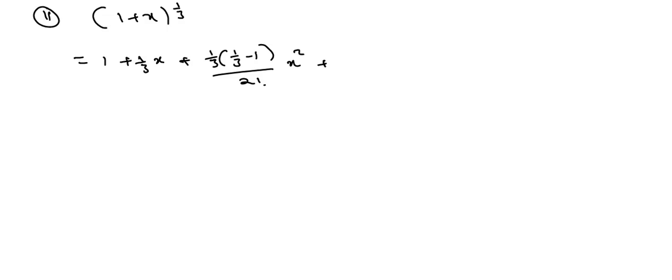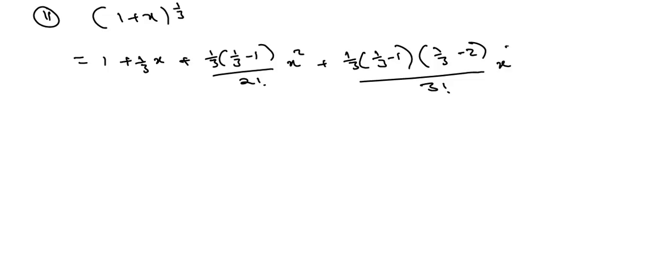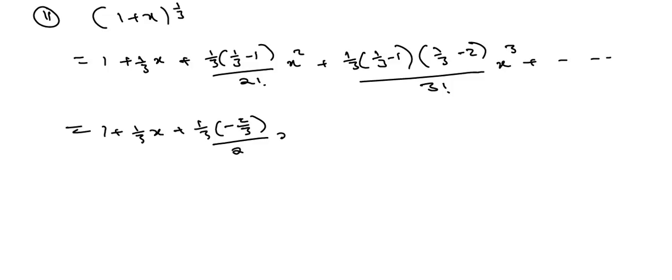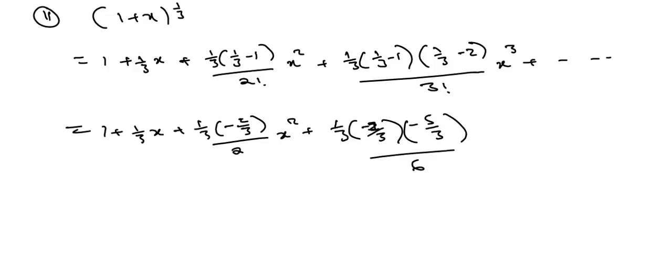This is x squared, 1 over 3 minus 1, 1 over 3 minus 2, 3 factorial, then x to the power 3, 1 over 3x, then this is equal to 1 over 3, this is negative 2 over 3, there's a 2 down, x squared, then plus 1 over 3, negative 2 over 3, then this is going to give us, when we find the difference here, negative 5 over 3, there's a 6 down,